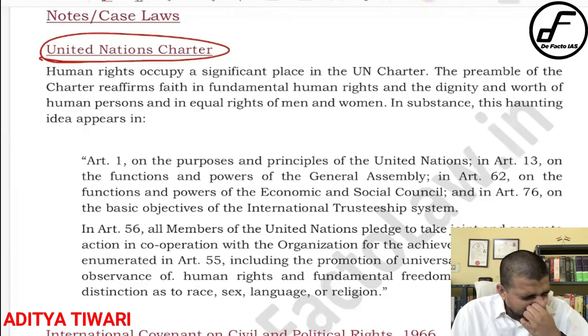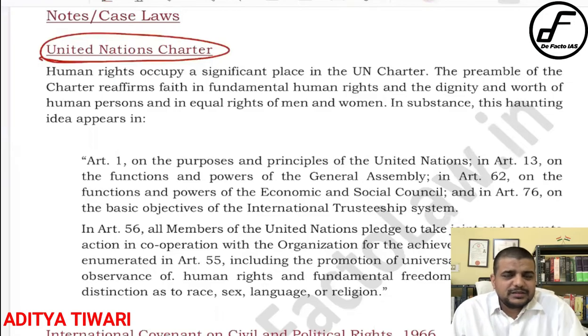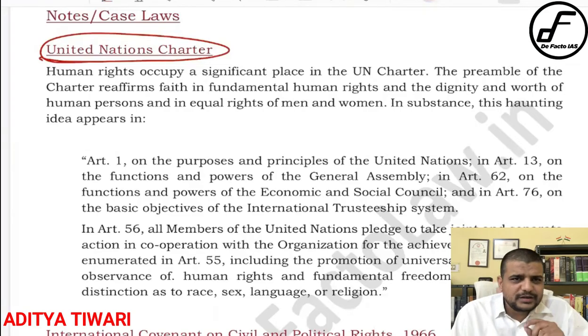Similarly, if you talk about environmental rights, environmental jurisprudence under international law, right? So that is man and environment, the Stockholm Conference of 1973, right? That is the mother of all the international environmental laws. Understood that particular point. A similar thing happens with respect to international human rights law with respect to the United Nations Charter, right? Now I have pinpointed where you can find or what you can quote in your answer